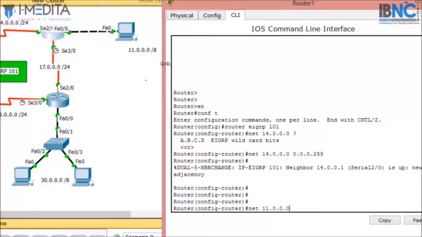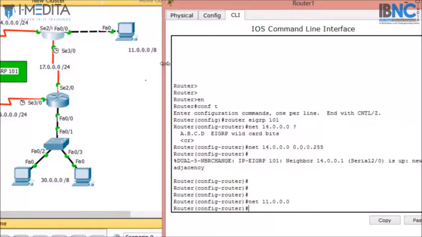If I do not apply the wildcard mask, then all the interfaces participating in the 11.0 network will come under EIGRP. So if we have done some subnetting and applied IP addresses on the interfaces, and we use the network command without the wildcard mask, then EIGRP will run on all the interfaces that come under that particular IP. Again, now I will type network 17.0.0.0 and hit enter.